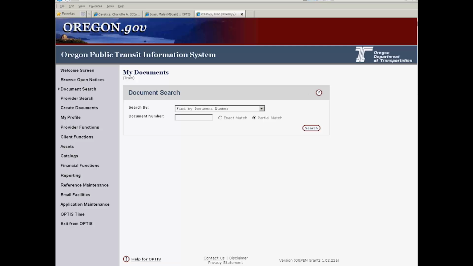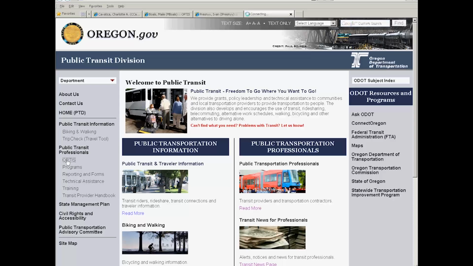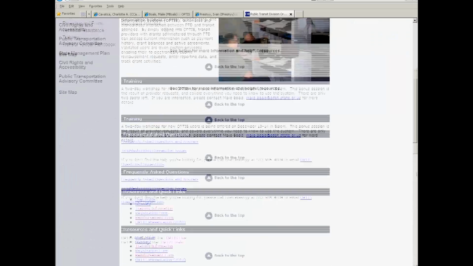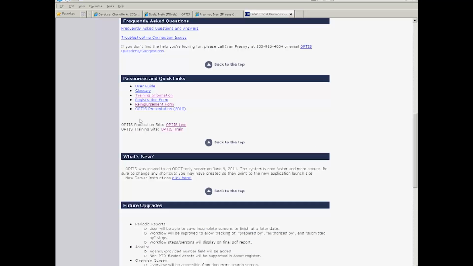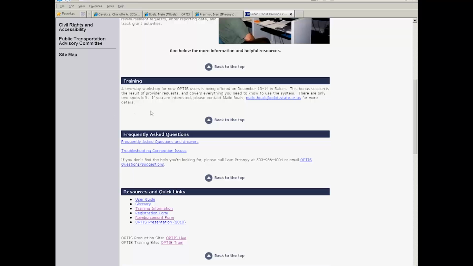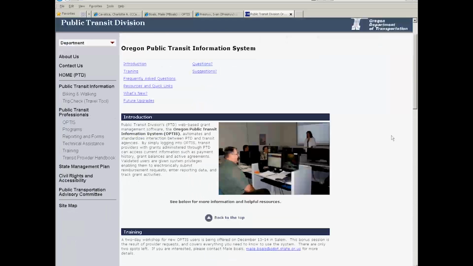Oh, and we do have an OPTIS page, if you don't know, on our website. It says OPTIS. Also needs some work. Someone gave me a really great suggestion that right here when you first open it would be a big button that says OPTIS production. And you could just click on it and then you'd be taken right there. Otherwise you have to go all the way down here. And there's the OPTIS production site, and that's OPTIS Live, and then there's the training one. So I think what I'll do is put this OPTIS training site one up here under training, and then we'll put the OPTIS Live one up here and have a nice big one. Great suggestion.